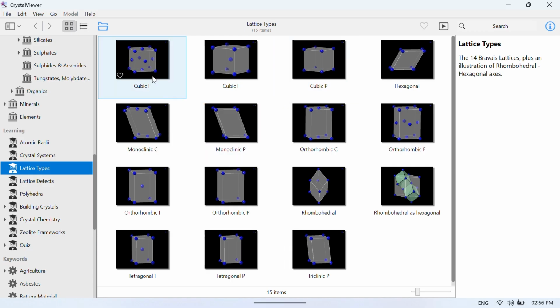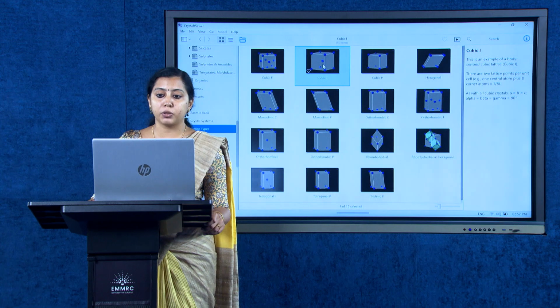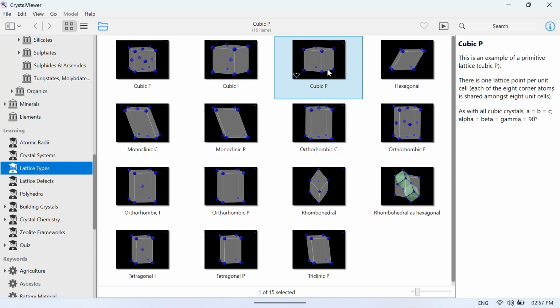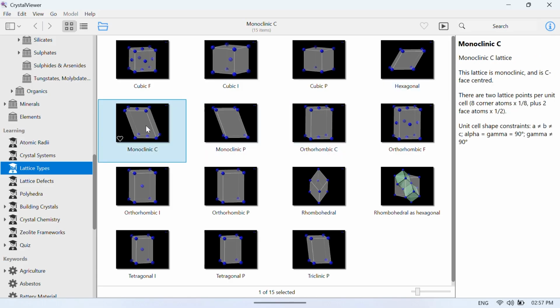Okay. So we have the simple cubic. So this is a face centered cubic lattice. You can see the atoms at the corners as well as at the centers of each face. Now this is a body centered cubic lattice. You can see atoms at the corners as well as at the center of the body. This is a primitive cubic lattice, that is atoms present only at the corners. Now here you have a primitive hexagonal lattice and this is a monoclinic lattice